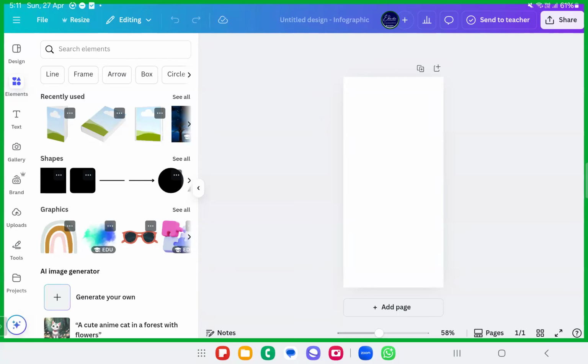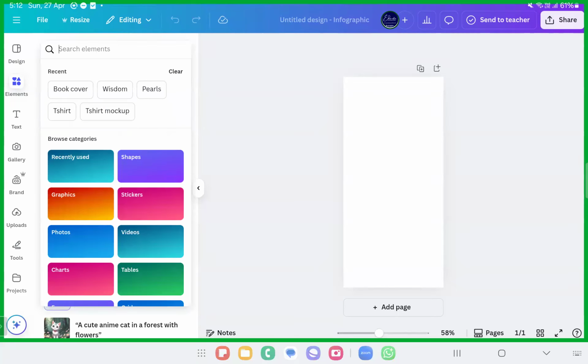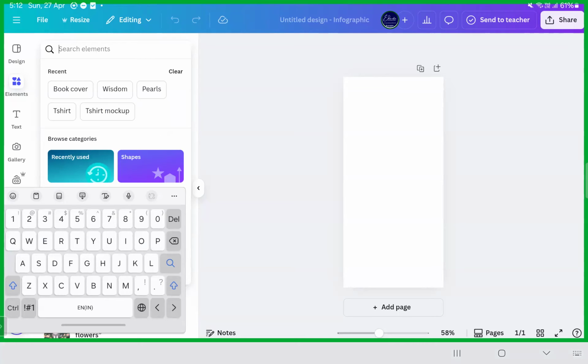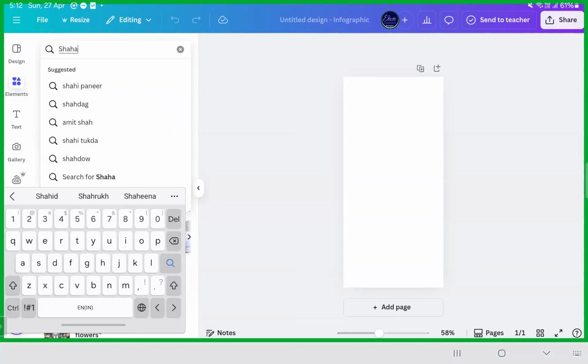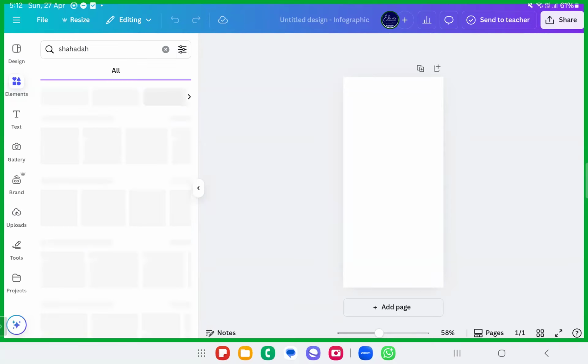So now, dear sisters and brothers, what is an infographic? It's a design wherein you note things in point format. For example, let me know any example. You can go ahead with noting things in bulletin points, like the planets in the solar system. You can mention 9 planets in a simple straight pamphlet. Or for example, I'll go ahead with the 5 pillars of Islam. So we'll just write pillars of Islam, and for the pillars of Islam, we'll go ahead with shahada. Okay, let's see if we have it here.